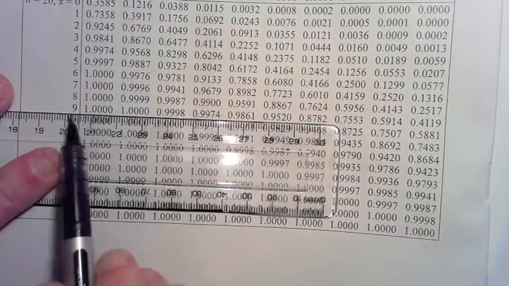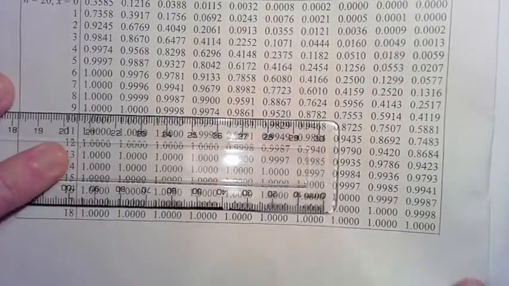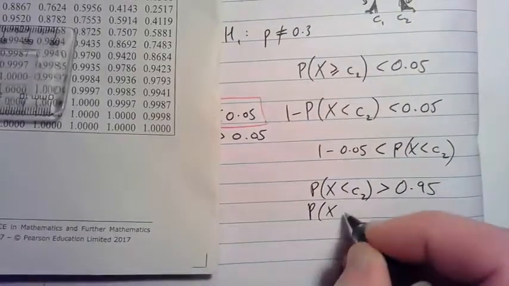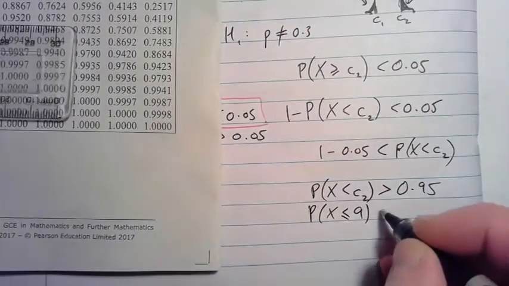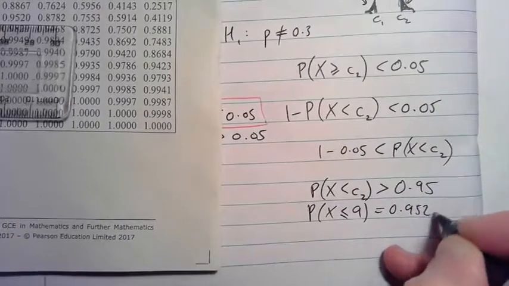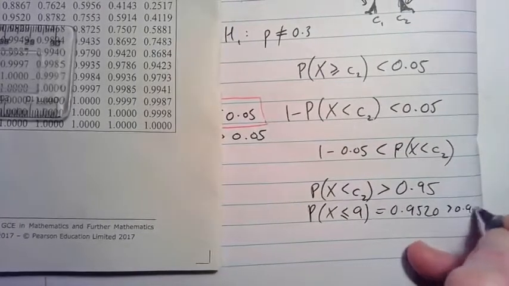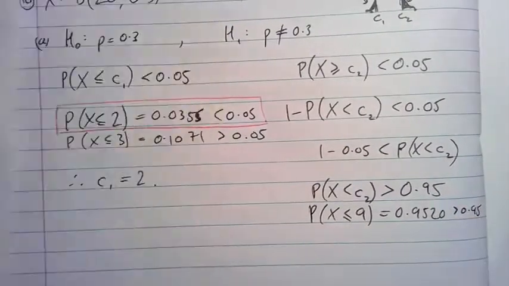That reads across to 9. Okay, so what we can say then is the probability that x is less than or equal to 9 is 0.9520,